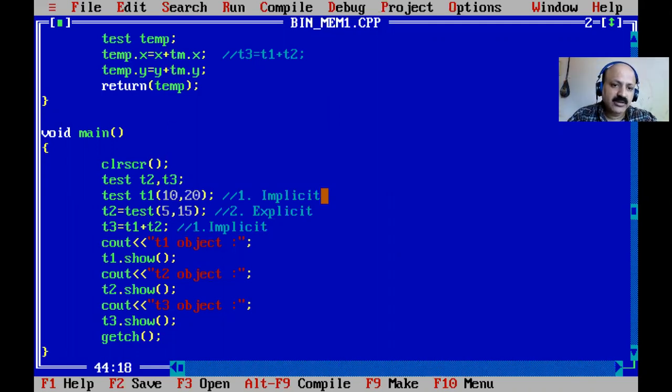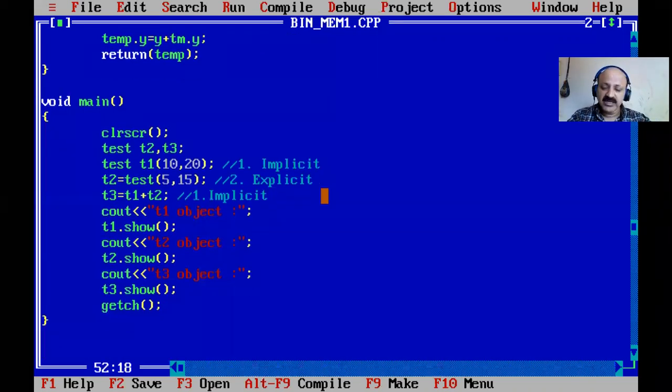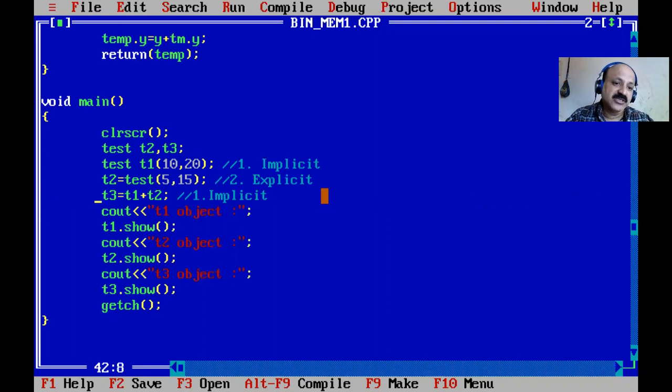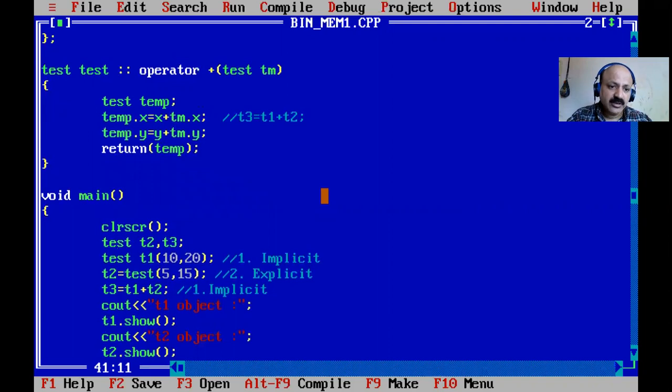So how can we take the dynamic value that is remaining, and here we can directly call the implicit, or how can we take the explicit. So here I first give the idea. T1 is a caller, the implicit technique. First we can understand: T1 is the caller, so consider this X and Y without the object.